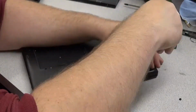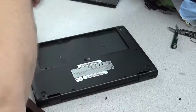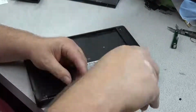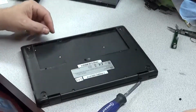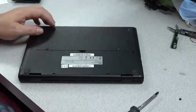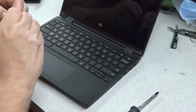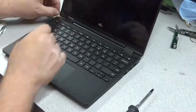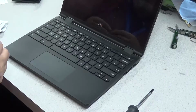Again, it's handy to have a magnetic screwdriver. It makes things easier. I tend not to use powered screwdrivers, especially on laptops, because you can easily strip the screws. You don't want to over torque things either. Put the grommets back on, and then